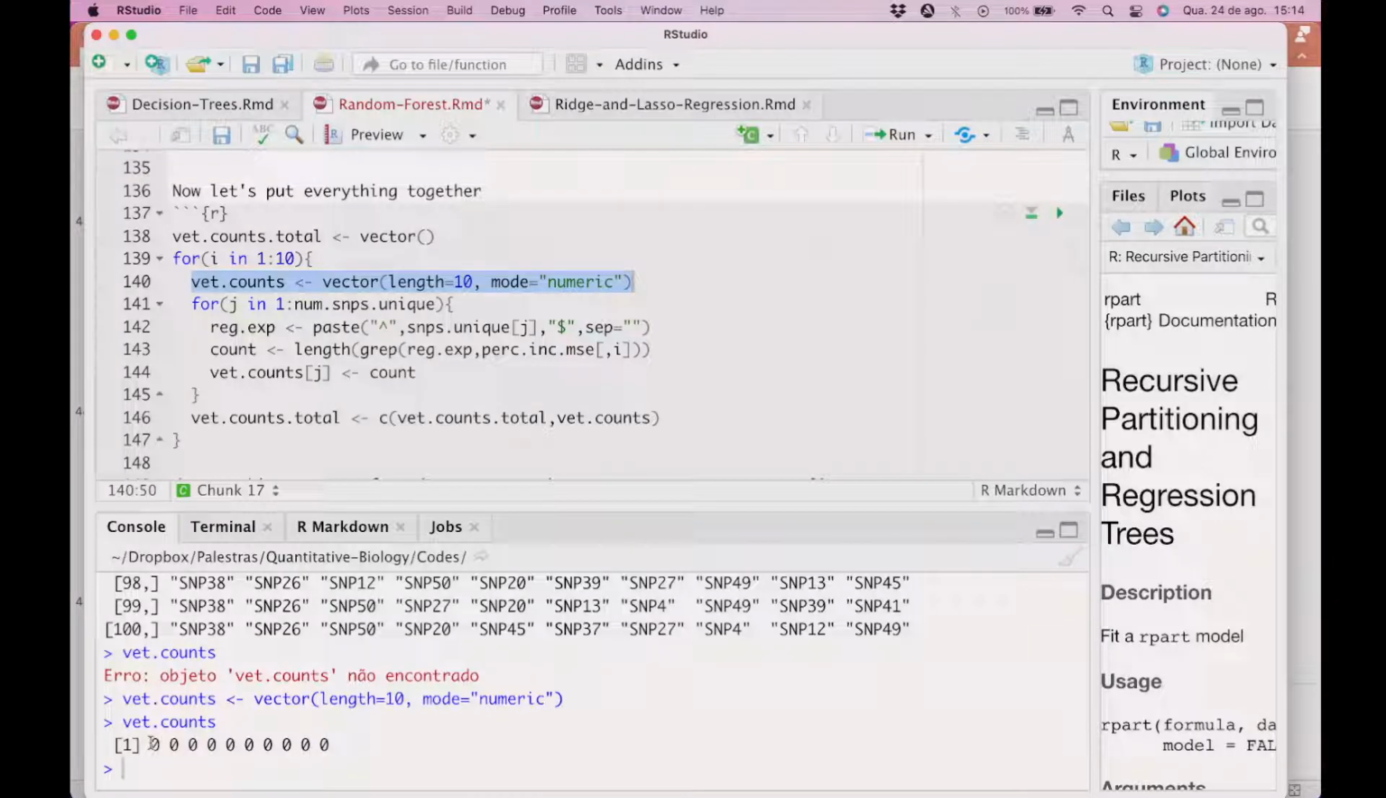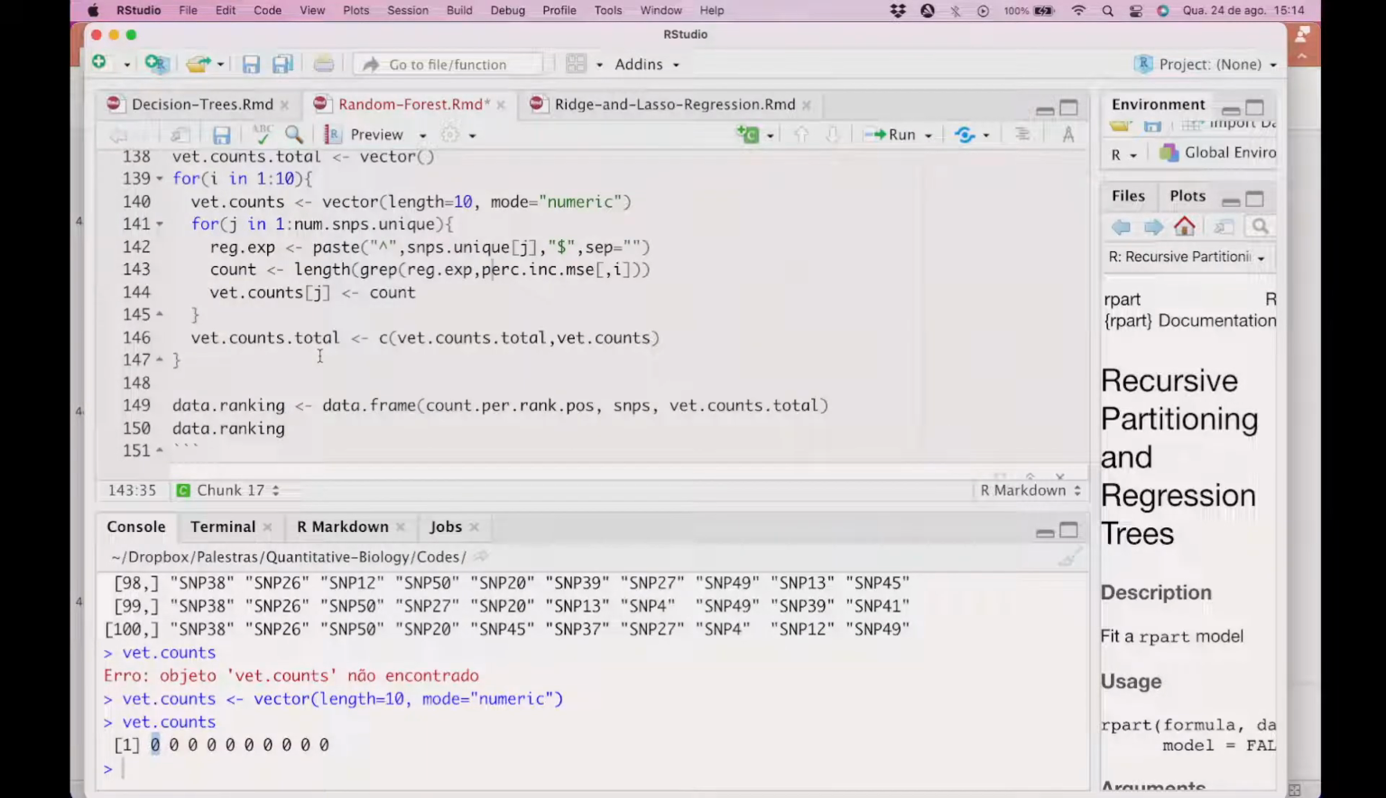This vector has 10 positions. So I'm getting a SNP. I'm searching it in a column of the matrix. So for example, I'm going to search this SNP here in the first column of this matrix, which corresponds to the first position of the ranking. And then I'm going to store here how many times that SNP appeared in the first position of the ranking. And I'm going to do this for all the SNPs and all positions of the ranking. Okay? And in the end, I'm going to have